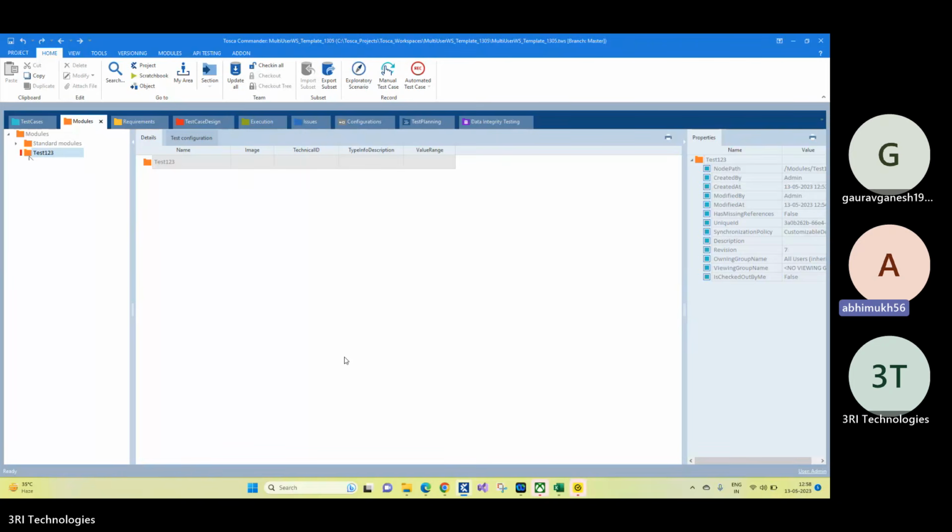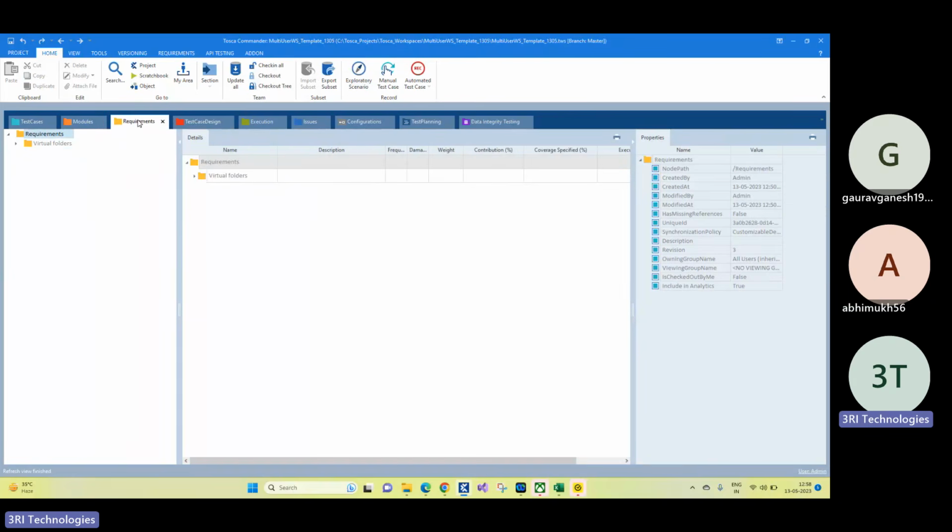And if we connect Tosca with ALM or Qtest, then when we are checking in, we are checking into ALM or Qtest, right? No, no, no. See, this Tosca workspace is totally different, and that ALM server is totally different. This is only for your Tosca. You will have all these artifacts stored in that Tosca repository. Let's suppose you have created requirements here for your entire project. It will be stored in your Tosca repository only.